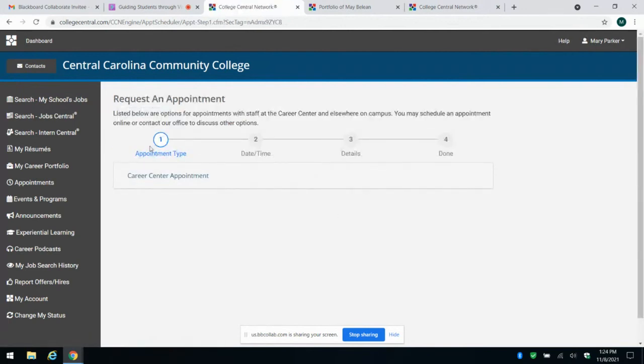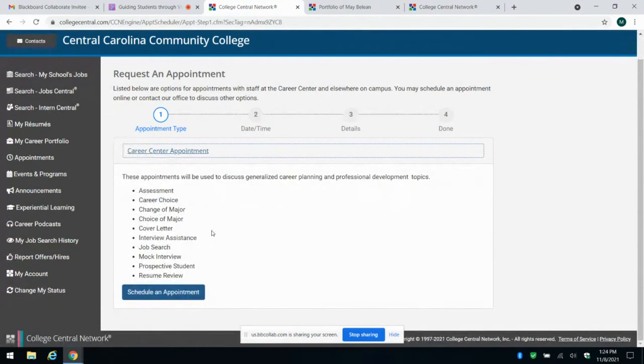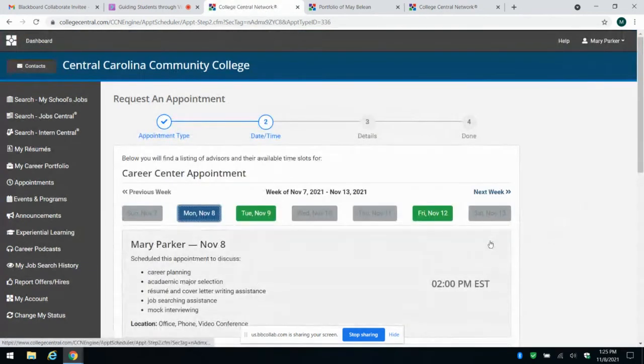And what will happen, they'll click on make an appointment, Career Center appointment. These are the various reasons they could come to the Career Center, but not only come to the Career Center, they could meet with me virtually. They can also meet with me via email and also by phone. So any preferred method of their choice. So they would go to Career Center, see the various reasons they could stop by to see me, click on schedule an appointment,